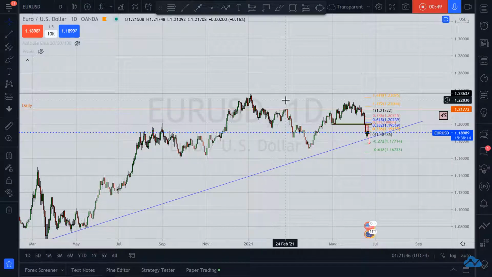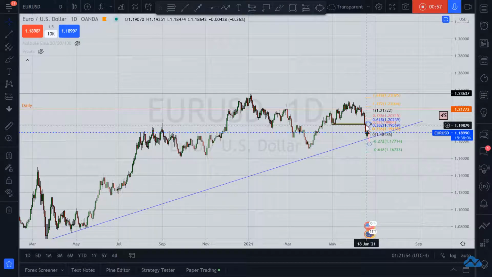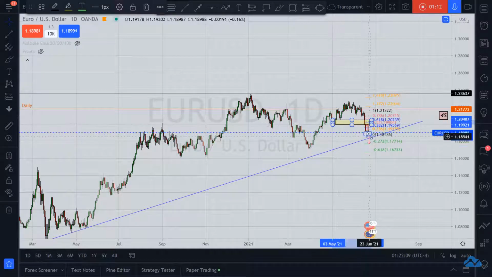A break of that would constitute, you know, the break of structure in my view, because once you break structure, I look for the retest. All right, I look for a retest of this same zone, up to this zone. This is going to be this area. All right, I want price to come back here,